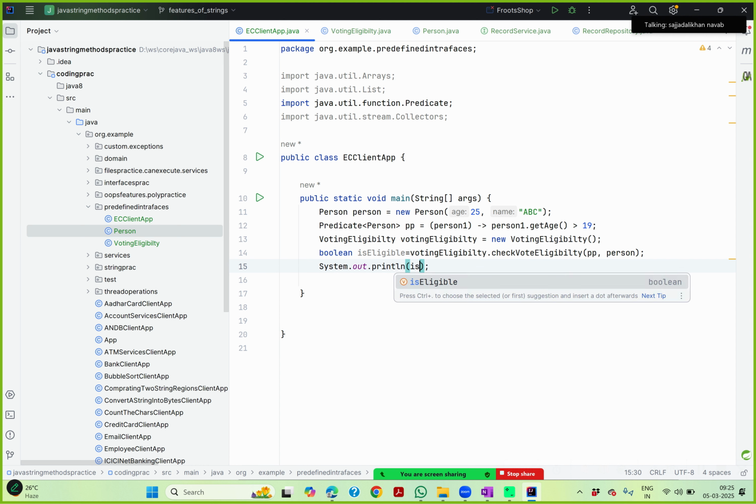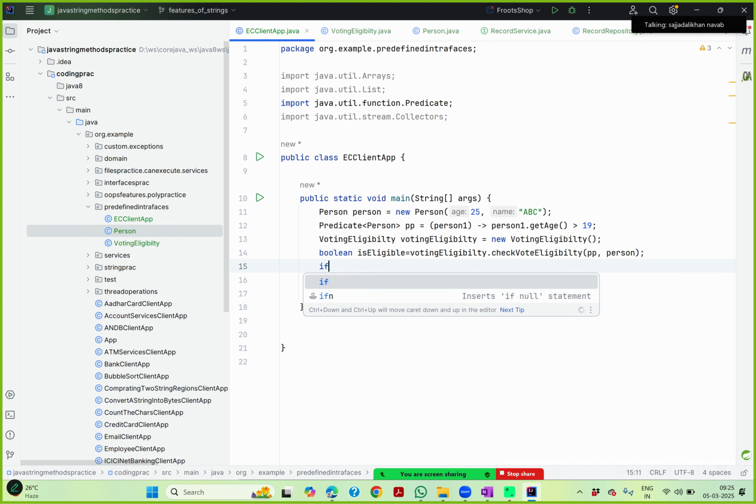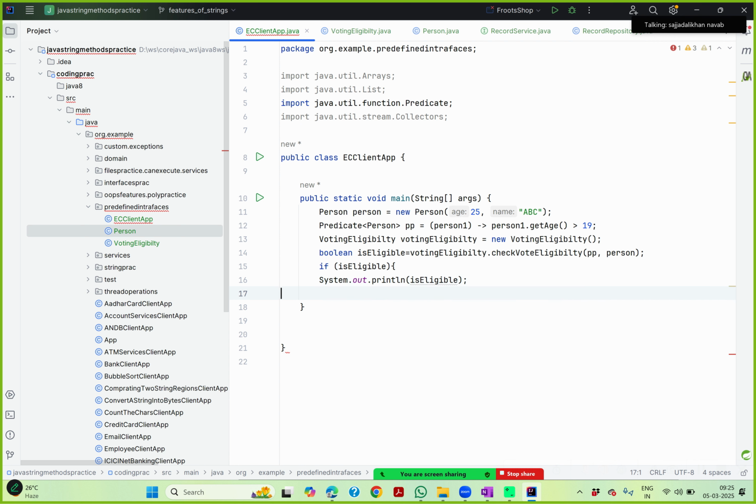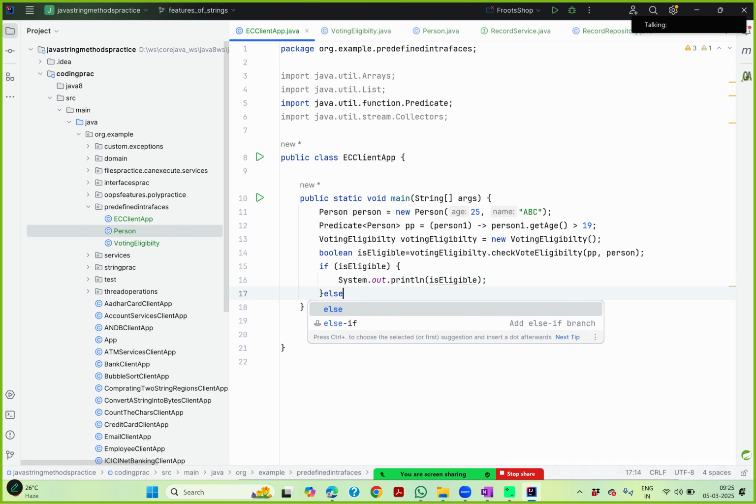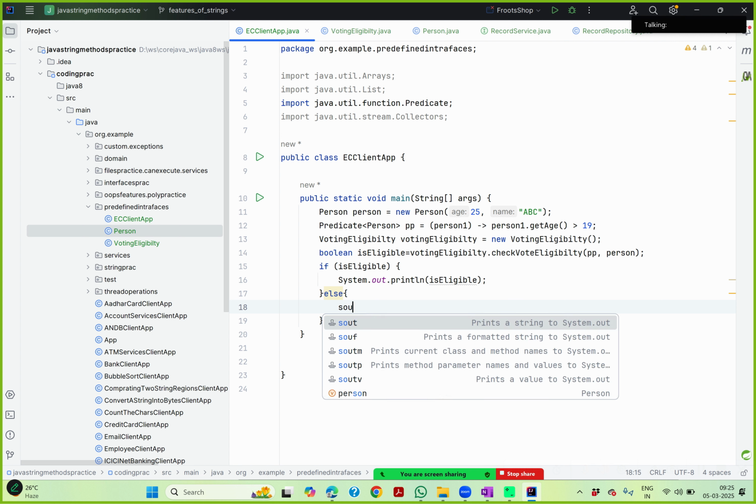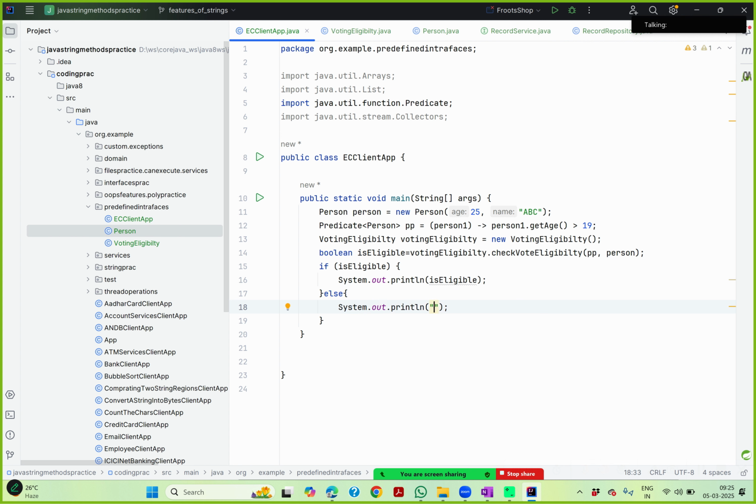Is eligible. I'll write eligible. I'll write an if else condition. If is eligible is true, else, not eligible. Yes,